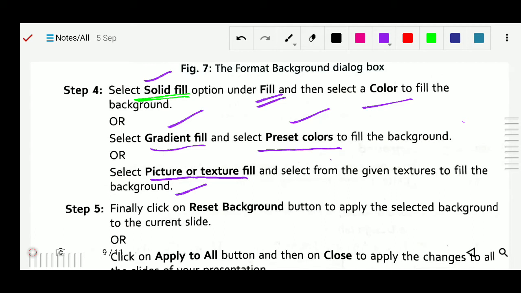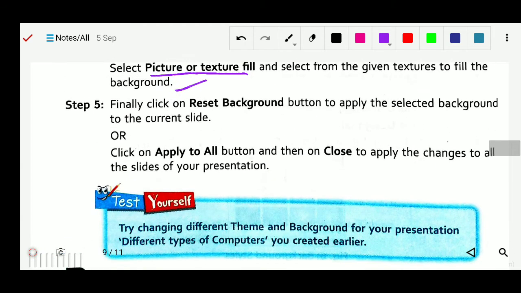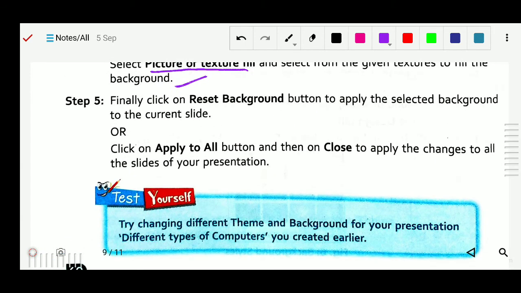Okay, now finally the last step, the fifth step. Finally click on the reset background button to apply the selected background to the current slide.